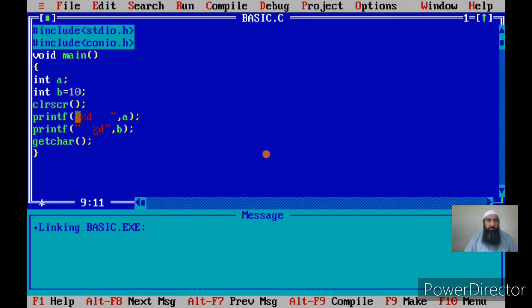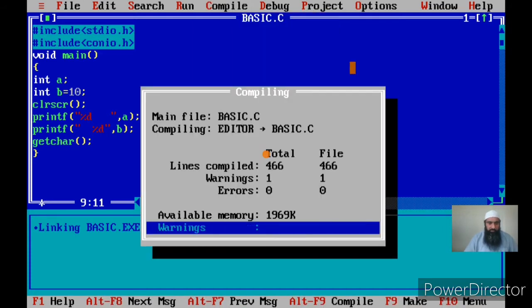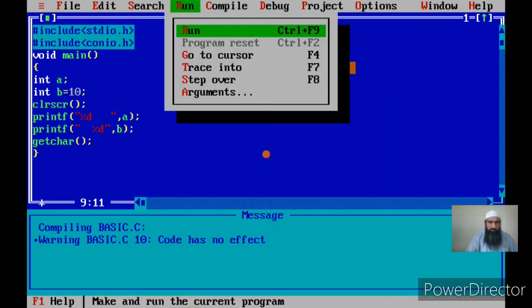Now, in the first statement I have declared a. In the next statement I have declared b, but the difference between the first statement and second statement is, in the first statement I am not giving any value to a, therefore it is having junk value. But in the second declarative statement I am giving the value 10 to b. In that case, the initial value of b should be 10 instead of the junk value. Let us compile the program and then run the program. See, the value of a is junk, but the value of b is displayed as 10.